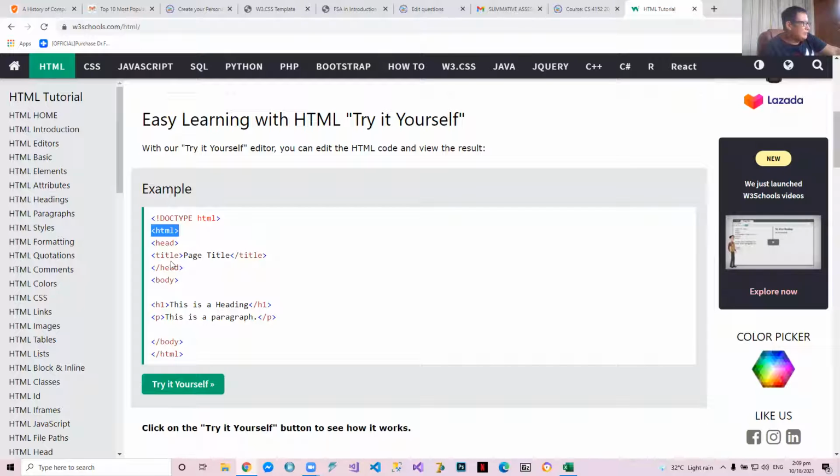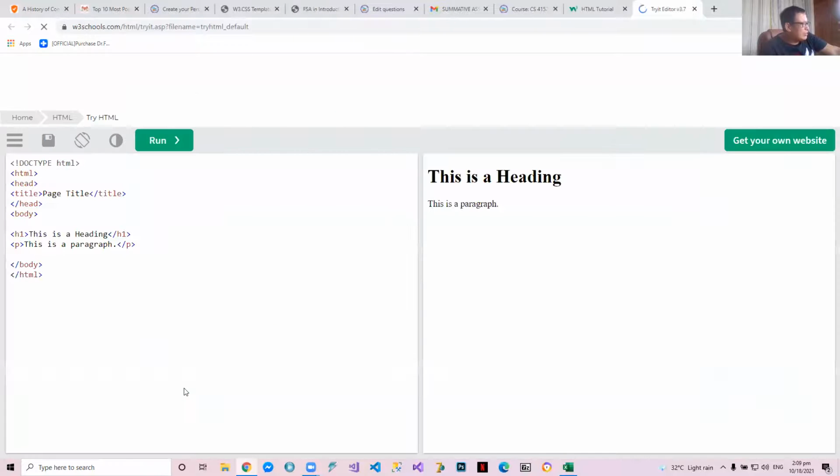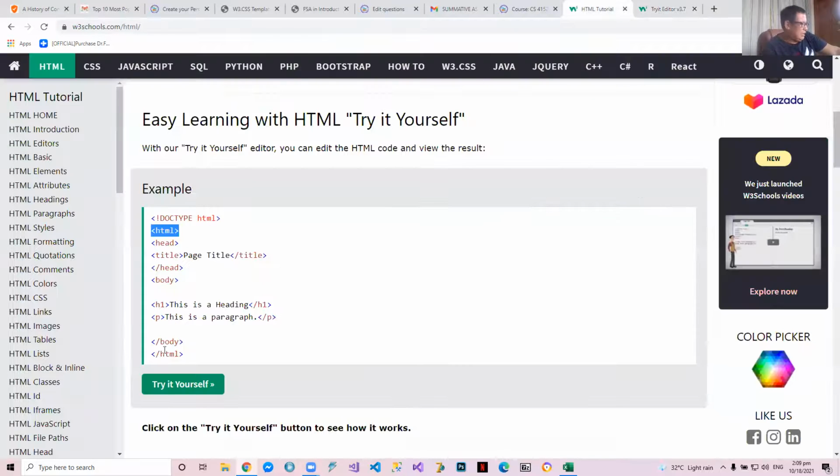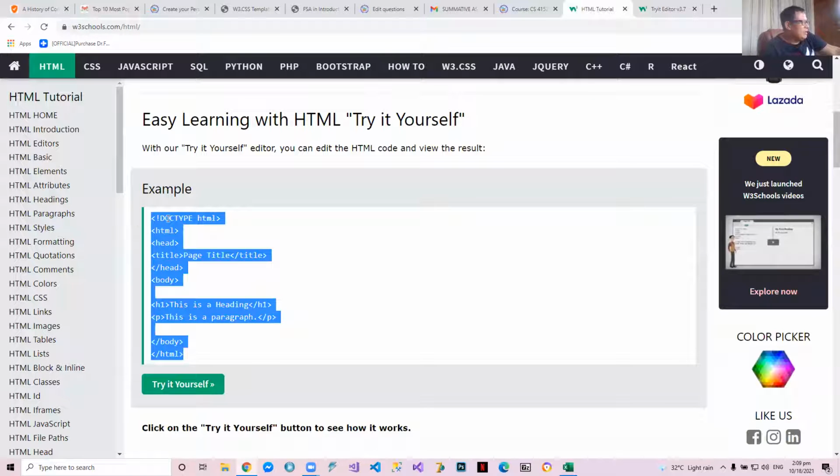You will have a header, which is the page title. Okay, in W3 Schools, you can try this yourself like that. This is how it runs in an actual web page. Do you follow? But if you want to test this actually, you can go to